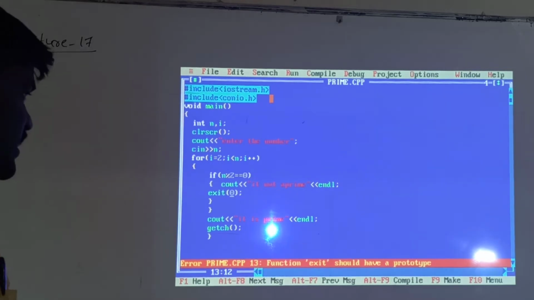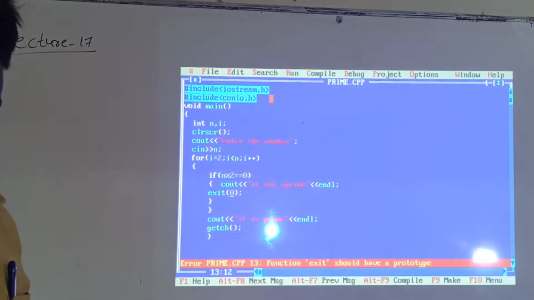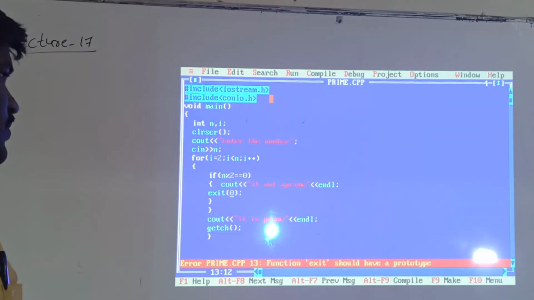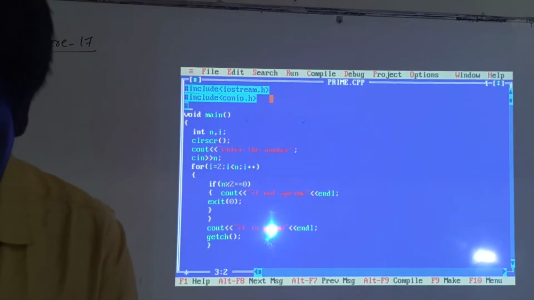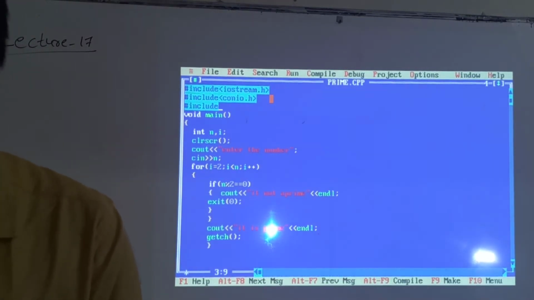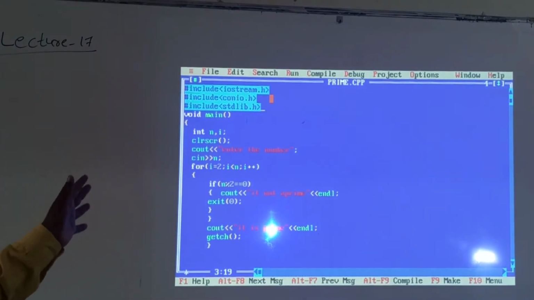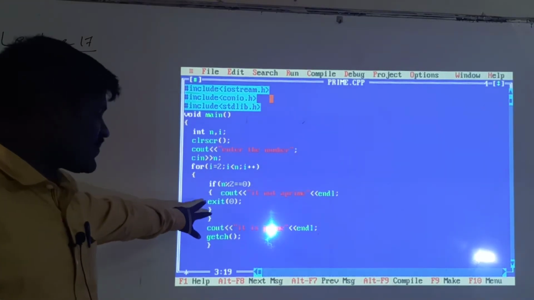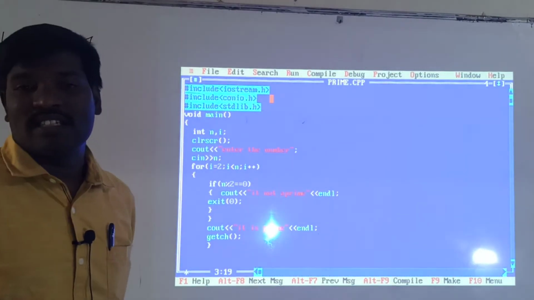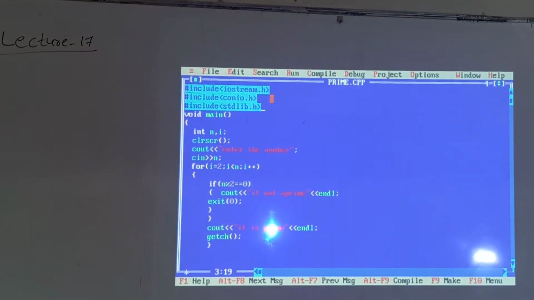See here, exit of 0: function exit should have a prototype. If you are using exit of 0, then compulsorily you have to include the header file, that is #include <stdlib.h>. This is the standard library header file, so this exit function is present inside this standard library. So now you can compile, 0 errors.